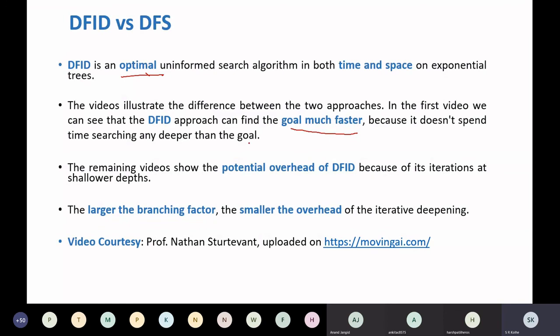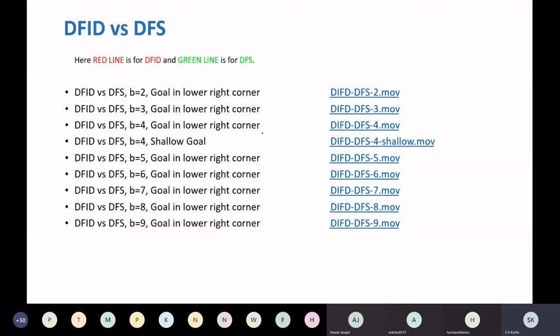Once the goal is reached, it need not go further. So let us see the first video. Now here note that the red line will denote DFID and the green line will denote execution of the DFS algorithm.